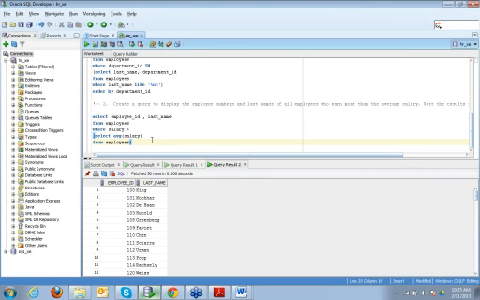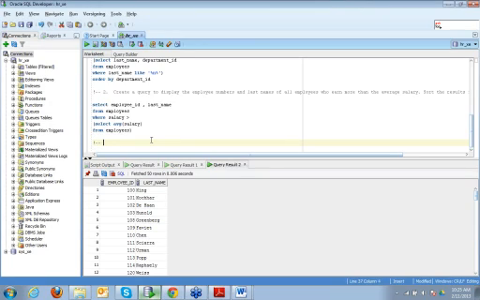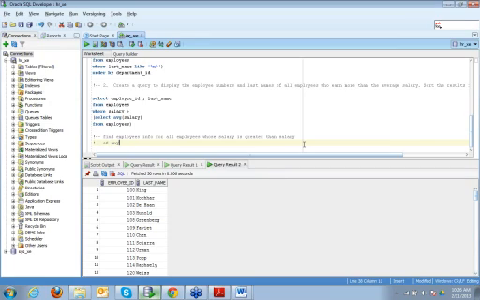For example, here I want to find employees info for all employees whose salary is, say, greater than the salary of any employee in department, let's say, 80.